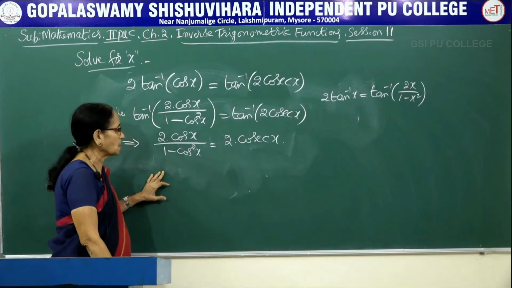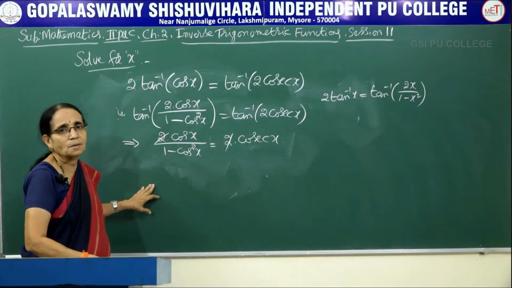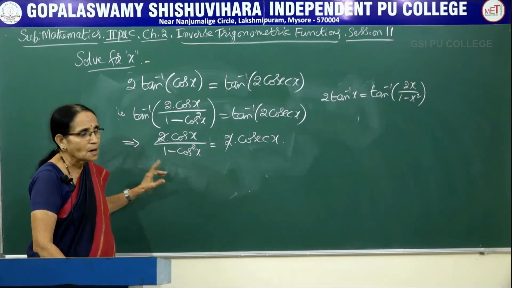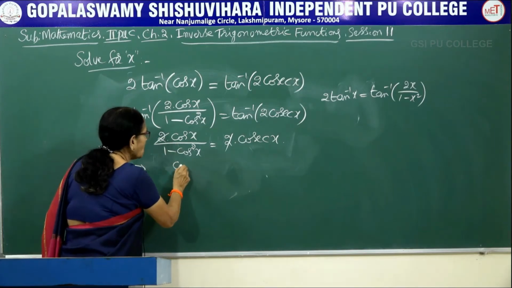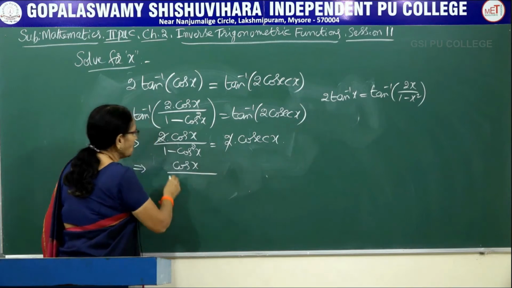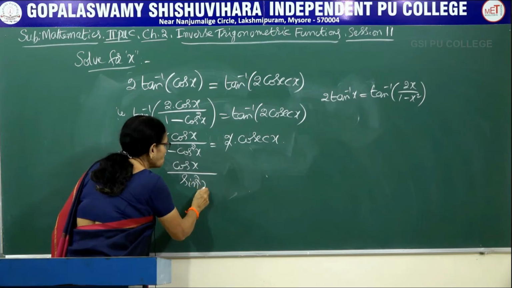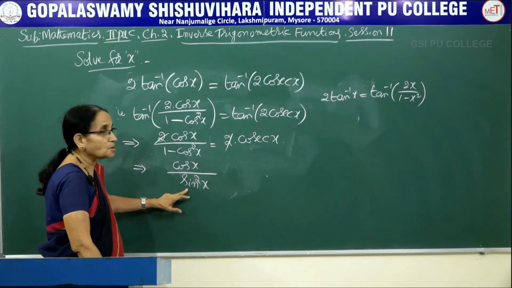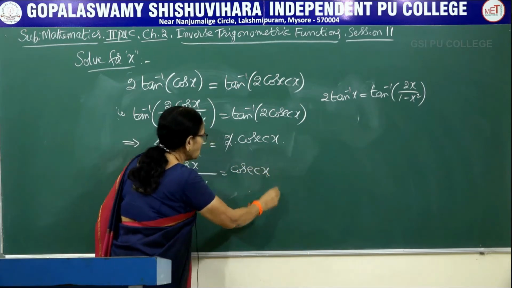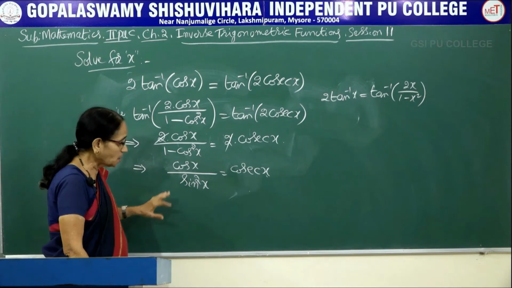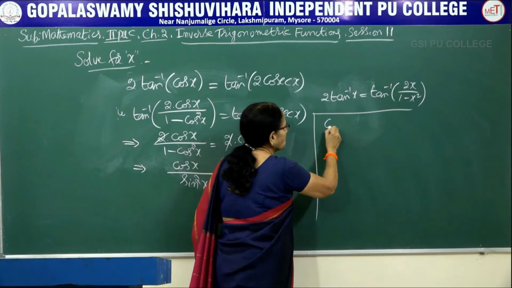Now again that 2 can be cancelled, or cancellation is nothing but dividing both the sides by the same number. So now let me write the remaining function. Write that cos x as it is, denominator 1 minus cos square x. What is that one? Using the first identity, I can write it as sin square x, and the right hand side you write it as it is, cosecant x. Now even now we cannot get the value of x. So again some modification here.